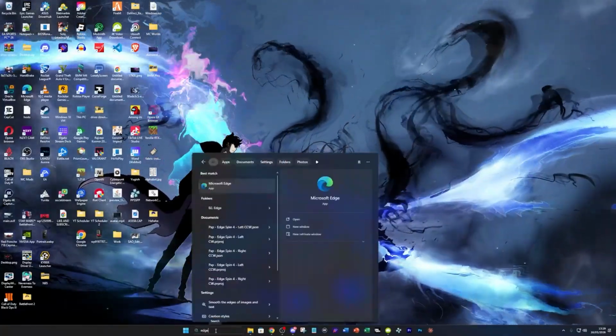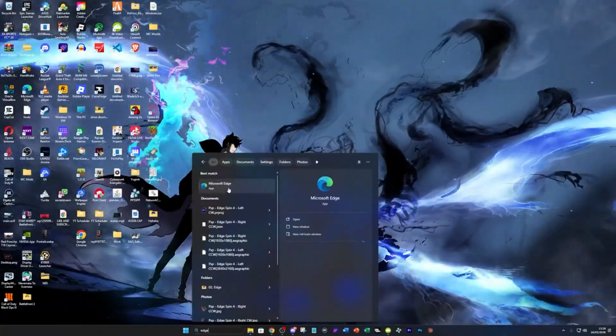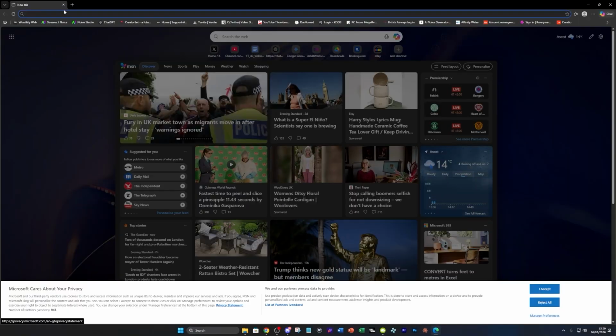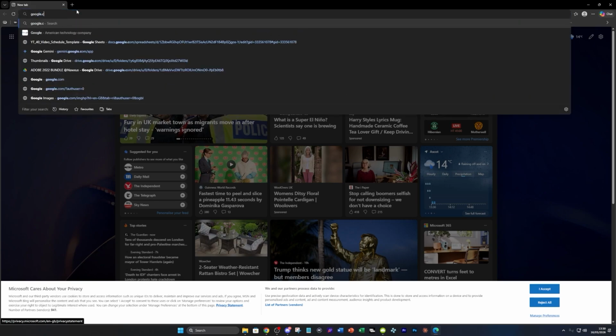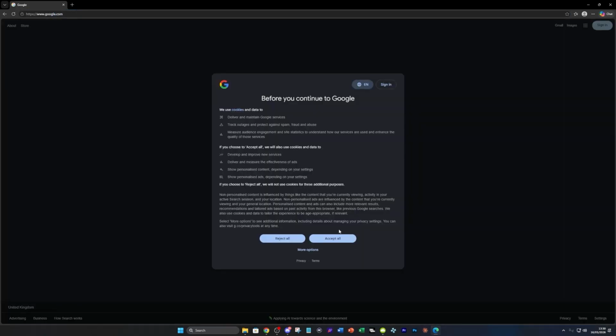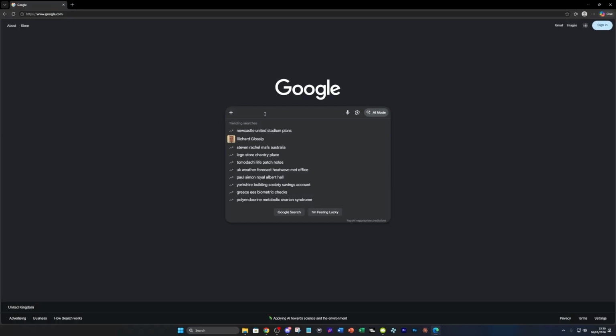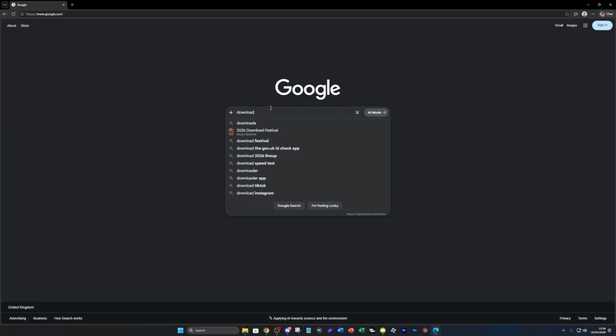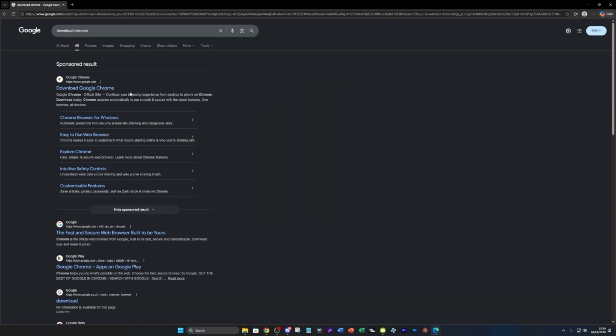So all you want to do is type in Edge on the search bar, then go over to Microsoft Edge right here. Now, once you're here, I'm just going to go over and type in google.com like so, and then I'm just going to press accept, but we're still on Microsoft Edge. So what I want to do is type in download Chrome like this, and you're going to see